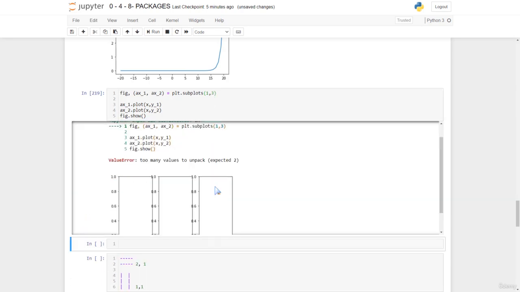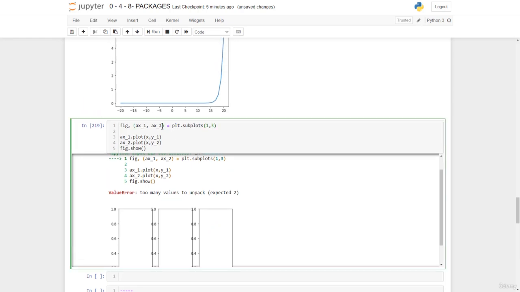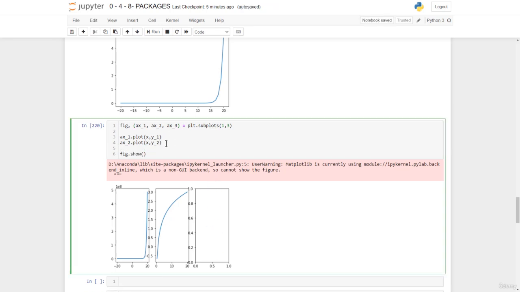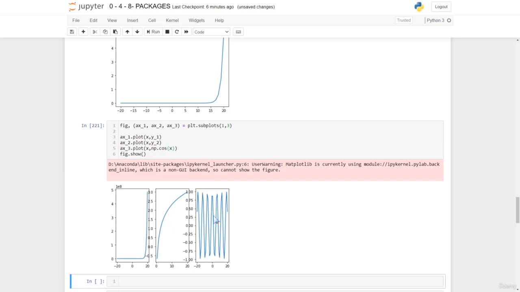We could have a third plot, but see, we have this error because we have only defined two axes, so the third axis has no value in there. We could have axis 3, plot of x, and say np.cos of x. On that, there we go. So that's how we could come up with the subplots, and also